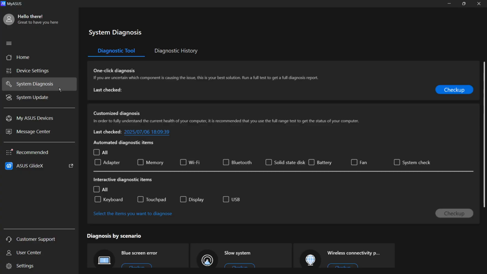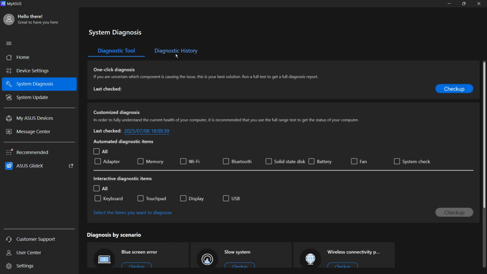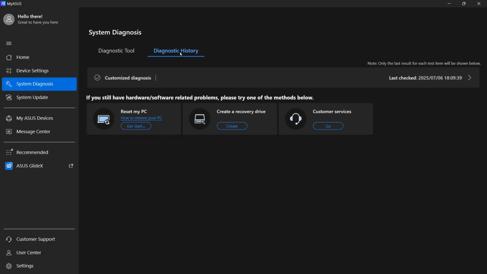Now from here, select the system diagnosis, and under the system diagnosis, you can see all of these options. From here, click onto diagnostic history, and within the diagnostic history, you can see this option of reset my PC. From here, simply click onto this Get Started button and then let the process happen, and it will successfully reset